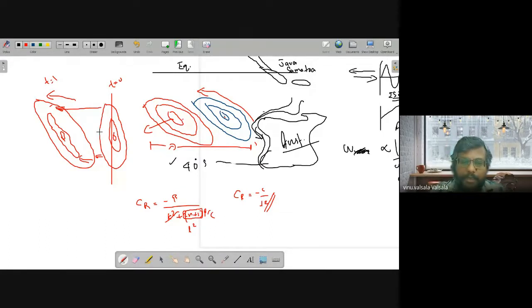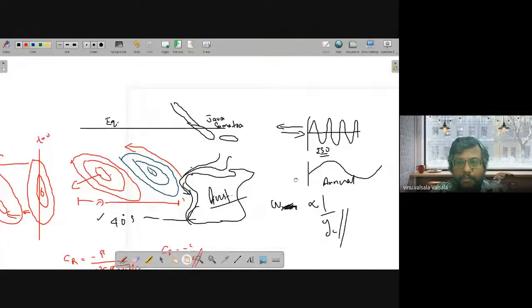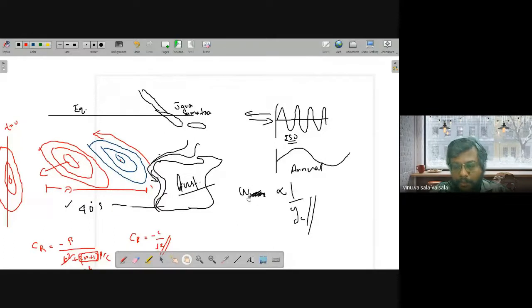So anyway, why I come to this discussion here is because the critical latitude is so important, because it is proportional to the frequency of the wave. So an annual frequency type of signal or an annual seasonal cycle can emanate a Rossby wave far away from the equator. And for example, in typical Indian Ocean Rossby wave structure, if you look at the sea surface altimetry,